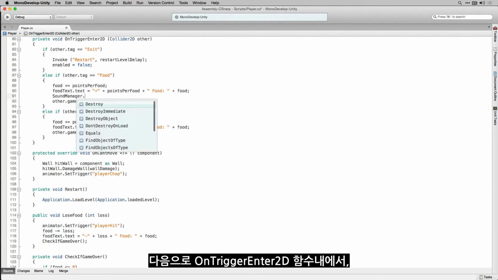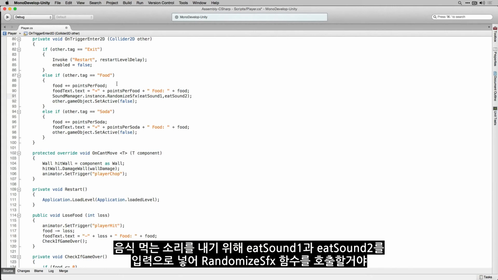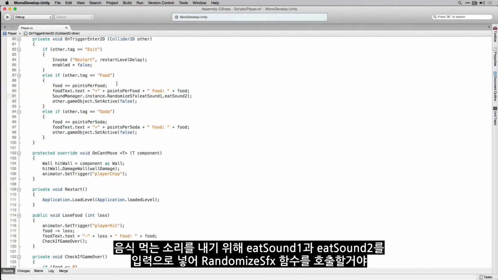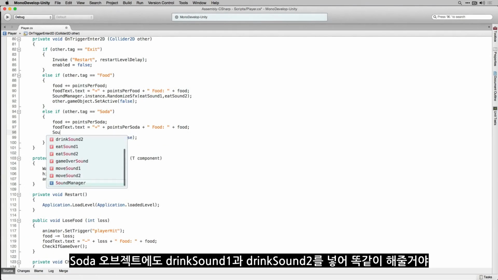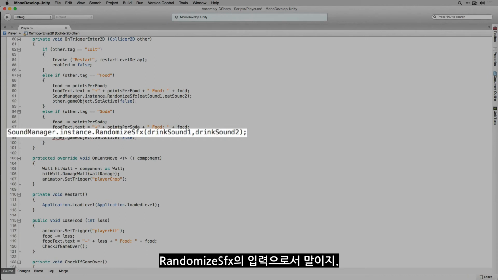Next, in onTriggerEnter2D, if the other game object's tag is equal to food, we're going to call randomize SFX, giving it the parameters eatSound1 and eatSound2 for the food objects. And we're going to do the same for the soda objects, passing in drinkSound1 and drinkSound2 as parameters to randomize SFX.